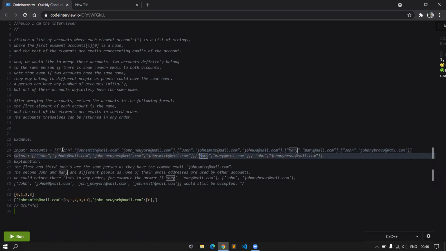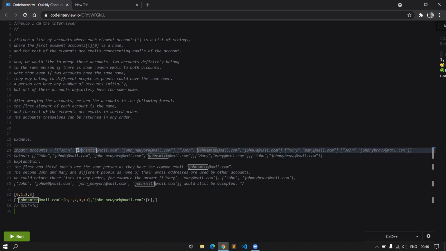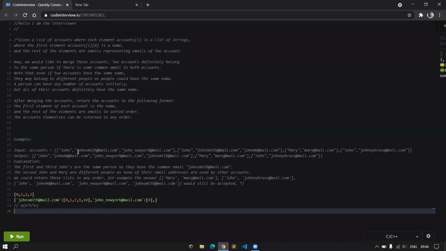So what I meant is, with John and John Smith at mail.com, there would be an edge. But how do I decide which ones to take for my answer then? Okay, so you're saying that you would have email addresses connected to other email addresses?